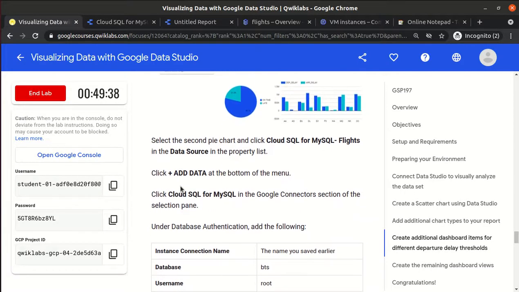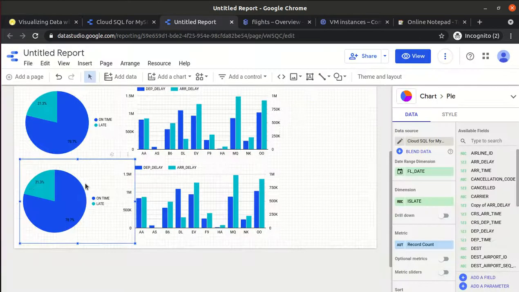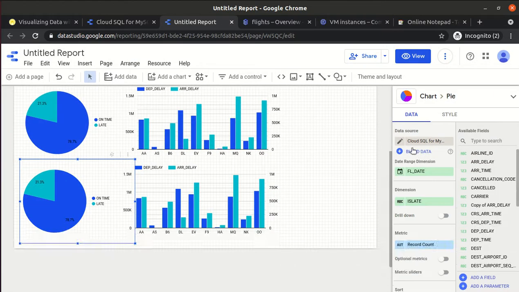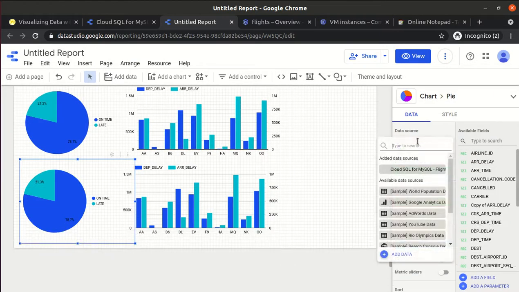Select the second pie chart and change the source. I have selected the second pie chart, and if you click on the source, add data,